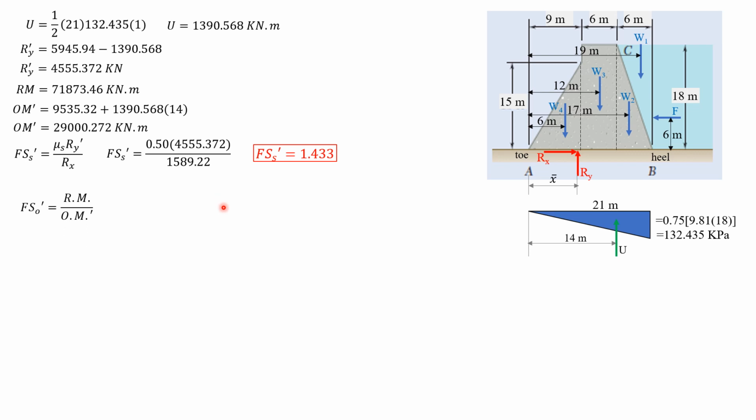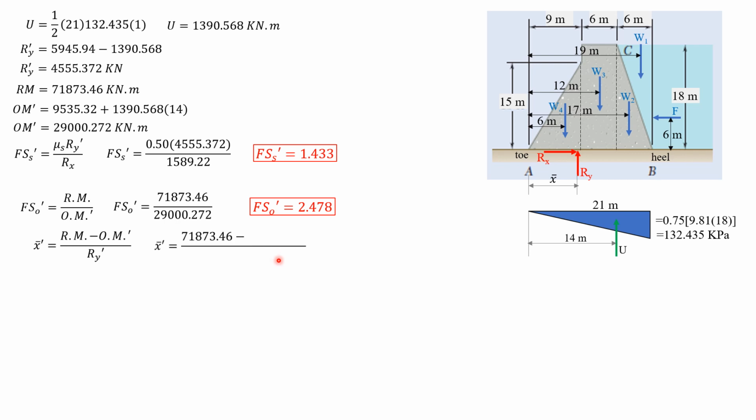So righting moment is 71873.46 kilonewton meter over overturning moment prime, 29,000.272. So factor of safety against overturning prime can now be computed, and it is 2.478. Then for x bar prime, it is righting moment minus overturning moment prime over Ry prime. So substitute x bar is equal to 71873.46 minus 29,000.272 over 4555.372. So x bar prime is equal to